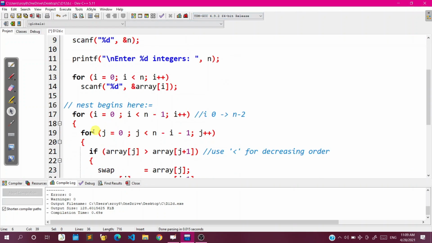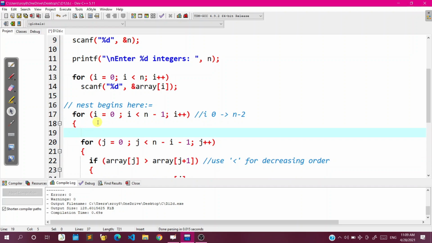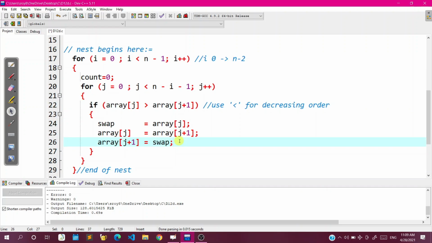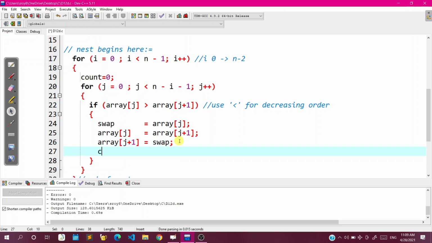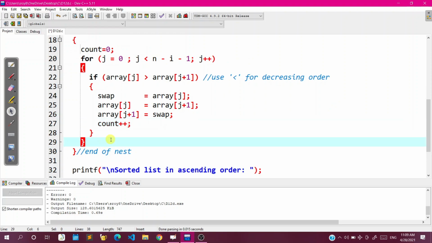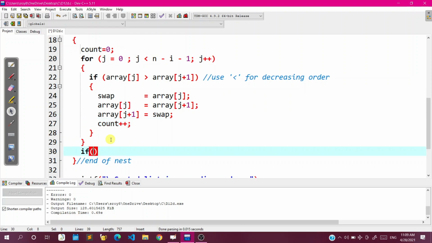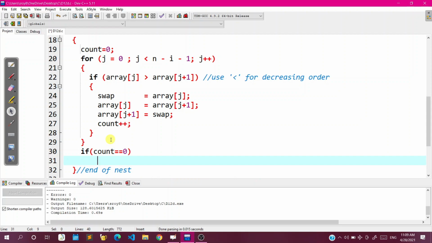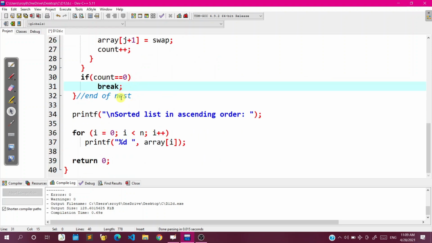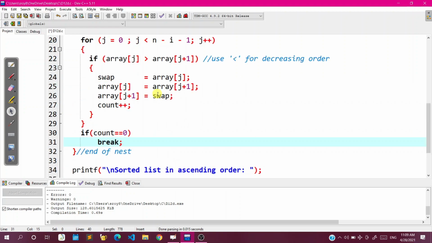That is the situation that we are going to create by having a counter. Let us have a counter that refreshes for every ith iteration. So count becomes 0, and here inside this if statement we will do count plus plus. After the inner loop we check if count has become 0, that means if there has been no swap in this entire iteration of j, then break out. So just simply break out. That will tremendously reduce our calculations. Do you want to check it?